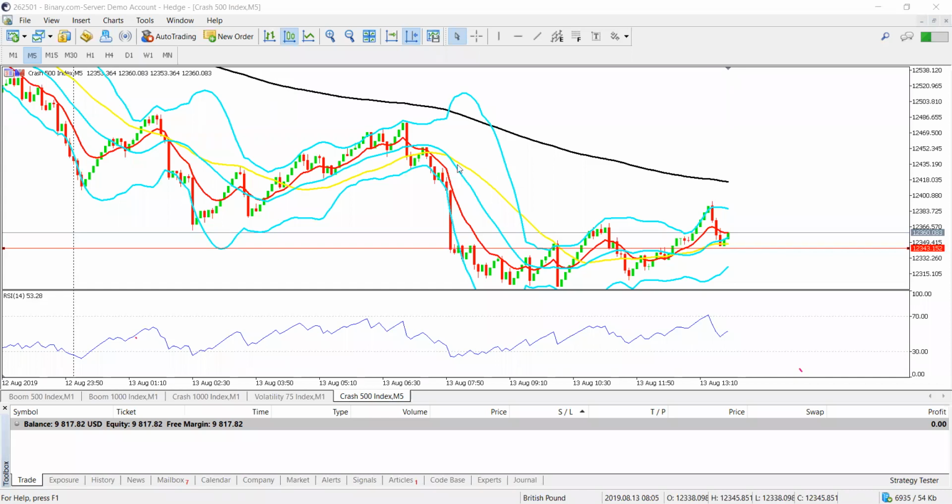And then another way to sell crash, I told you, is the strategy that I've been teaching for long, and that is using your support and resistance. When price is trending sideways, it's almost always easy to trade because it will go down and then it will come up. So you'll have a lot of support and resistance